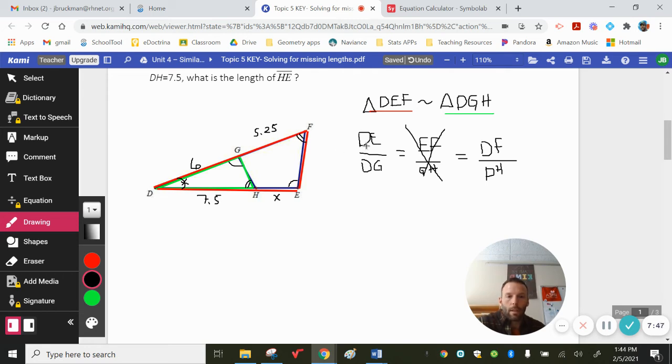So how long is it from point D to point E? So there's point D and there's point E. What's the length of this whole segment? Well, the length of the whole segment is what you get when you add this part and that part. So I'm going to say the whole segment is x plus 7.5. Those are not like terms, so I can't put them together. I'm not multiplying them, I'm adding them. So the length of DE is x plus 7.5